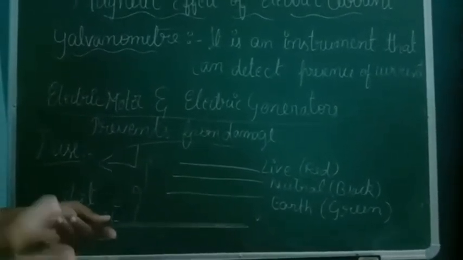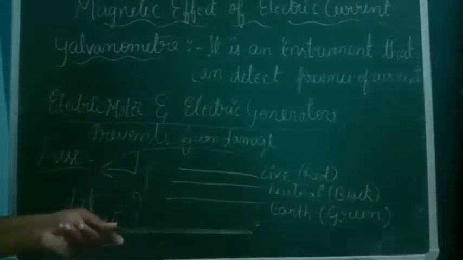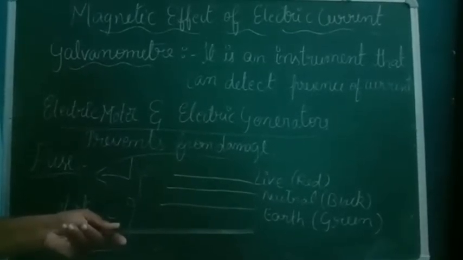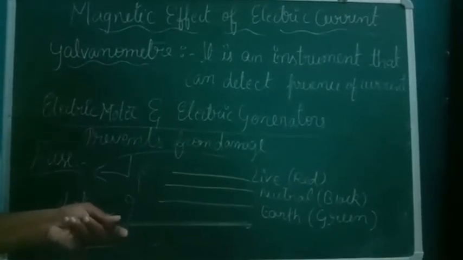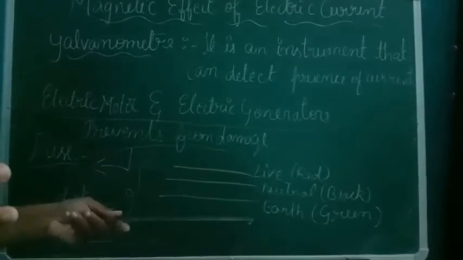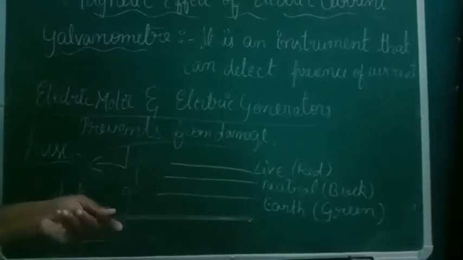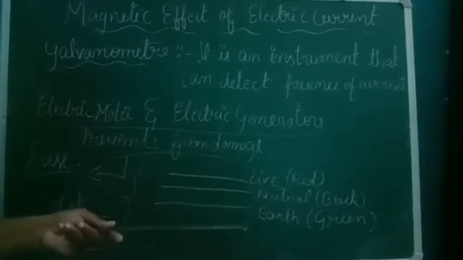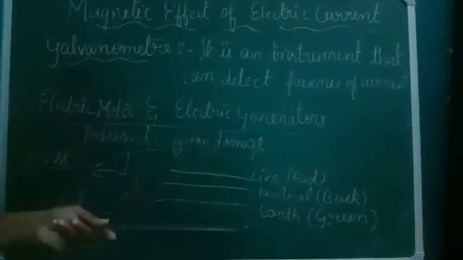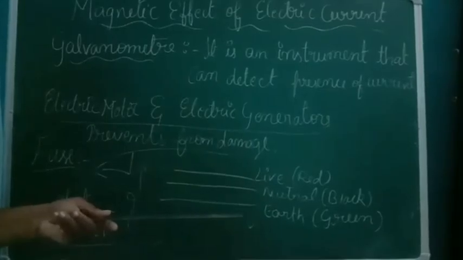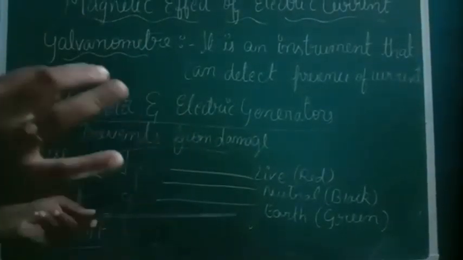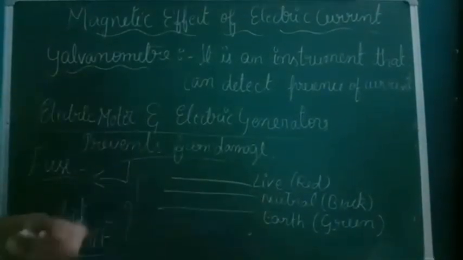Once the earth wire is directly connected to the underground, then sudden shocks can occur due to thundering. Sometimes a thunder blast takes place at one particular home. By that time, if that home doesn't have earthing, then automatically all the electrical appliances that home has, for example TV, fan, light, refrigerator, AC, whatever electrical appliances are in that house, all of them get damaged.